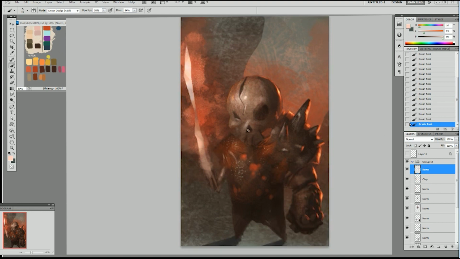Add some more light onto that flesh. And he probably has a smaller shoulder pad on the other side, which is kind of hard to see, but that's what I was thinking. And then add some more light into a certain part, and the glowing eyes. That's the fun part. Anyways,